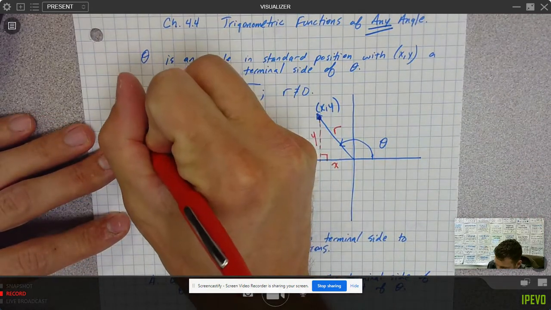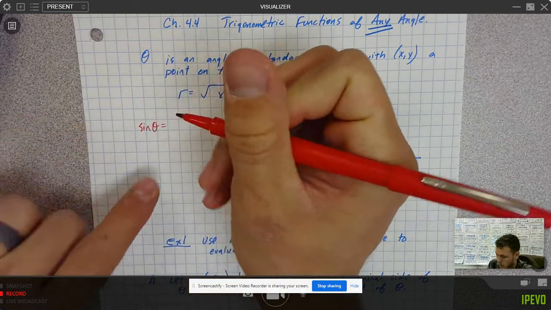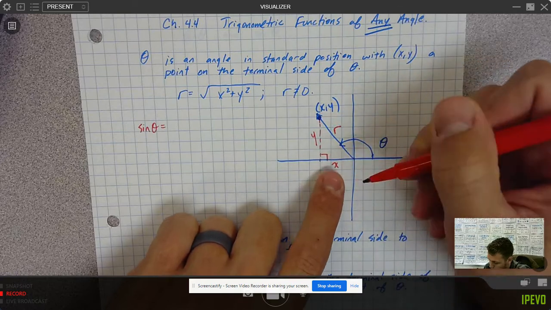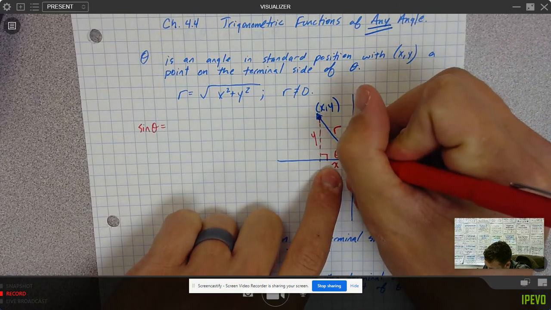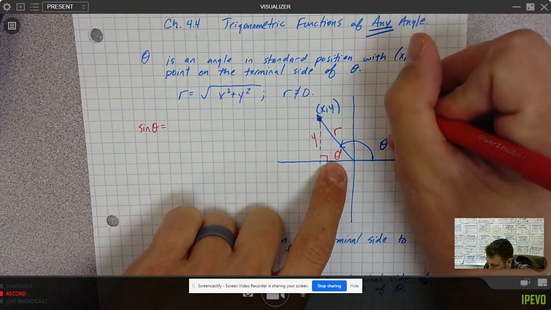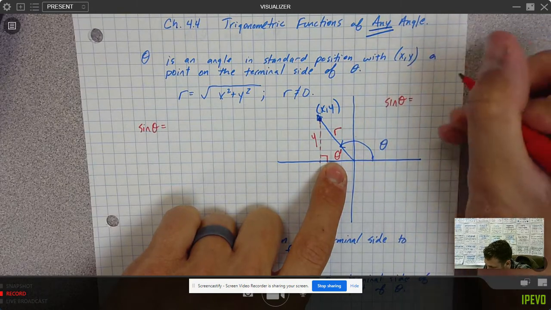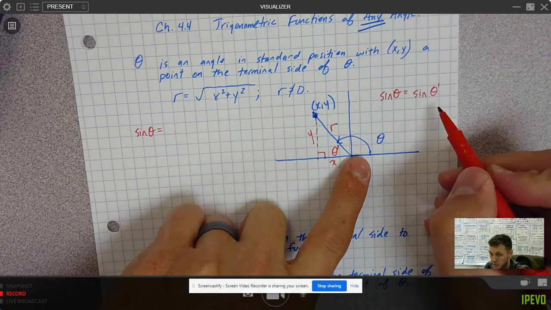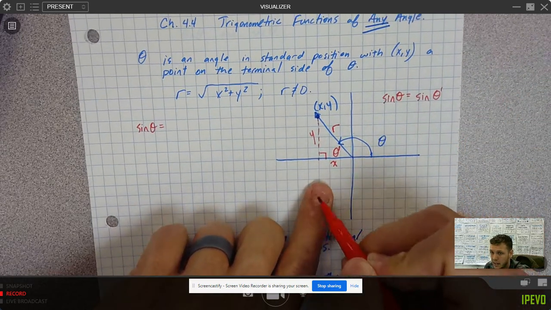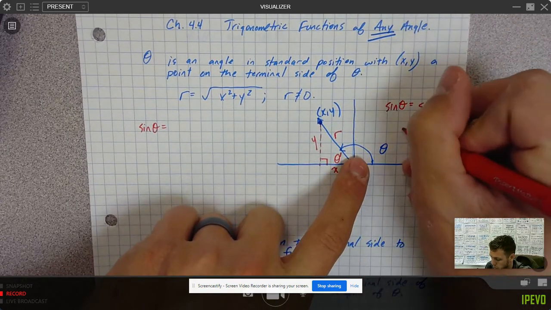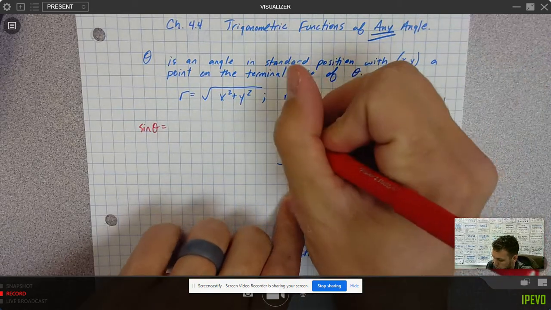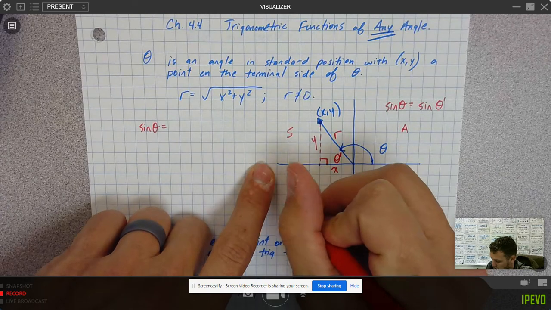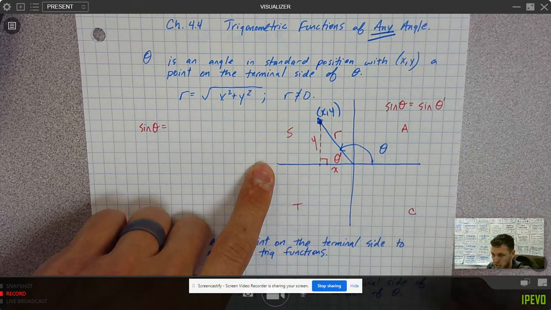So if we say sine of theta, now remember, this is theta. This is our triangle, and this is the reference angle. But we know that sine of theta is equal to sine of the reference angle, pending the quadrant that it's in. For instance, if it's in quadrant 1, they're all positive. If it's in quadrant 2, sine is positive, tangent is positive in quadrant 3, and cosine is positive in quadrant 4. Right. So pending that,